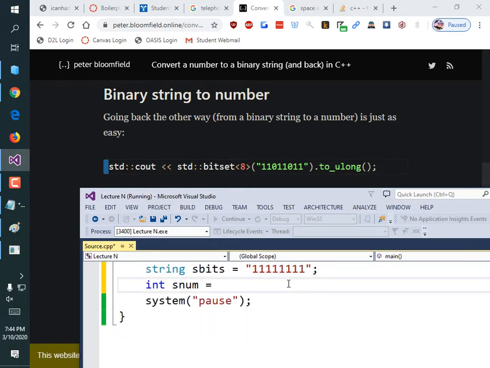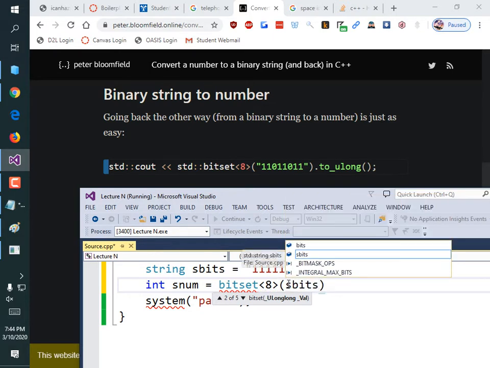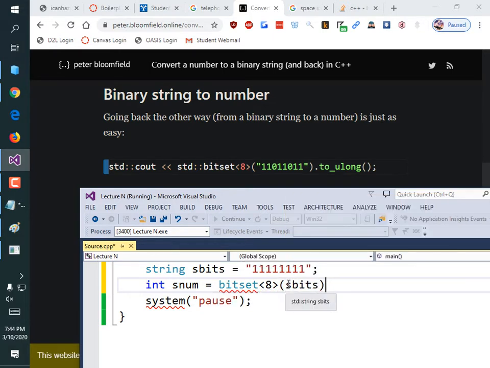So int snum is equal to bitset<8>(sbits).to_int();